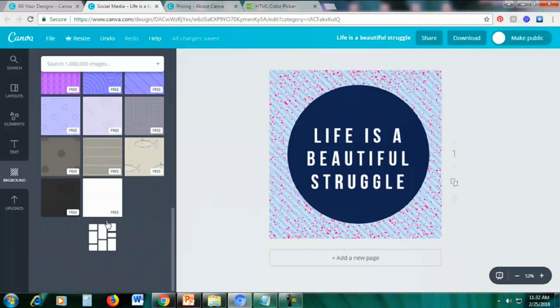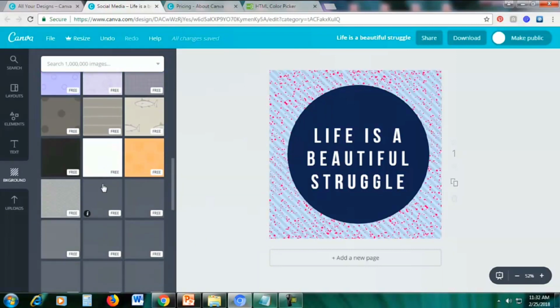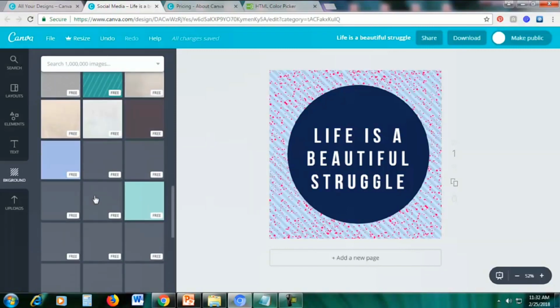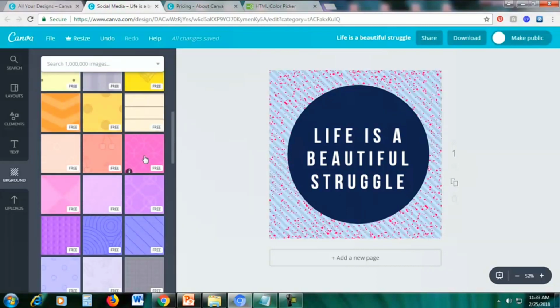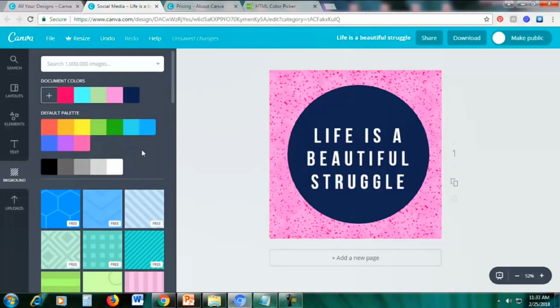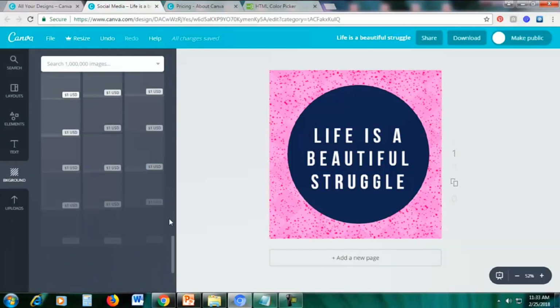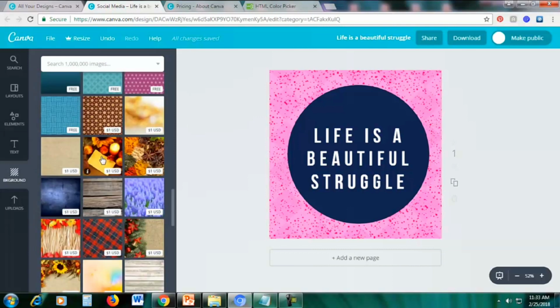Just scroll down. There are many different gradient designs available. If you don't like the plain color, there's for example this pink one. You can also upload a custom background. If you don't want this, then there are also pictures, but you can see here on the left section